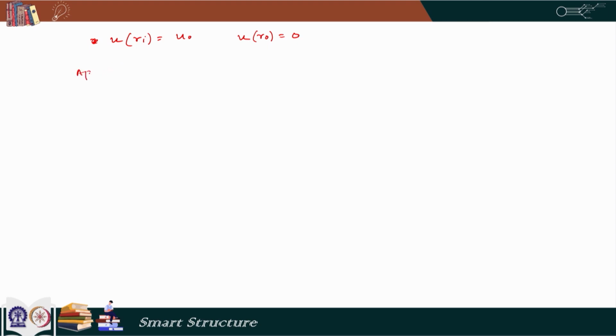Applying the above boundary conditions, we get C equal to minus 1 by natural log of R_O by R_I